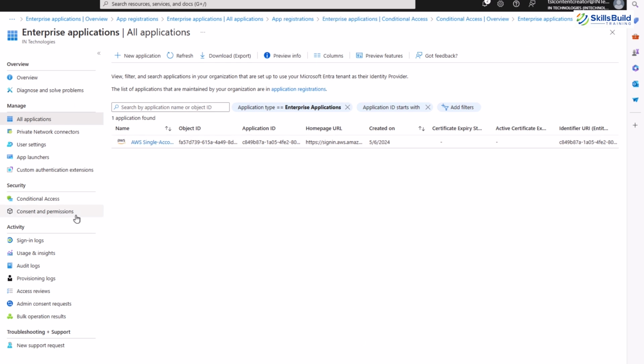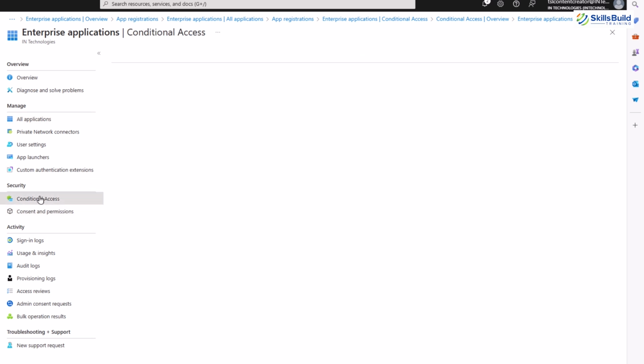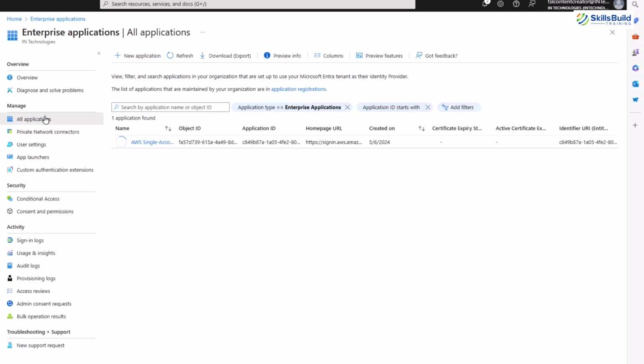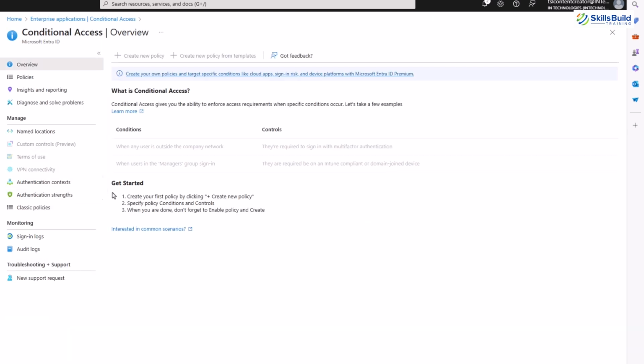The next important option in enterprise applications is conditional access and consent and permissions. The conditional access feature allows administrators to implement access controls for applications based on certain conditions. It can include user or group membership, IP location information, device compliance status, application sensitivity, real-time, and calculated risk levels. Conditional access policies help protect your organization's applications by ensuring that only the right people under the right conditions have